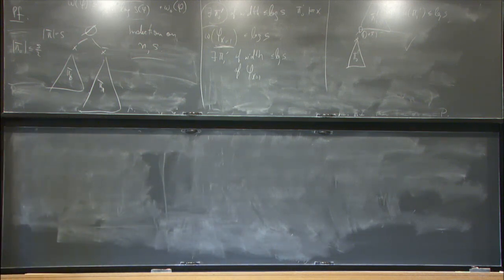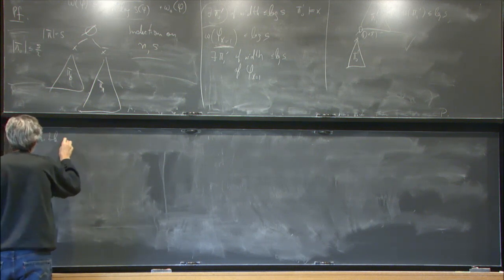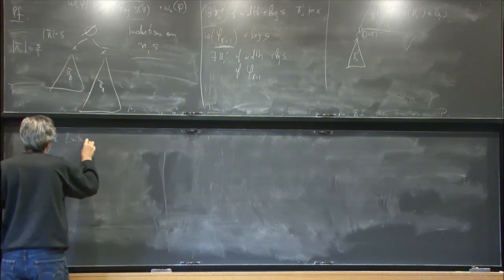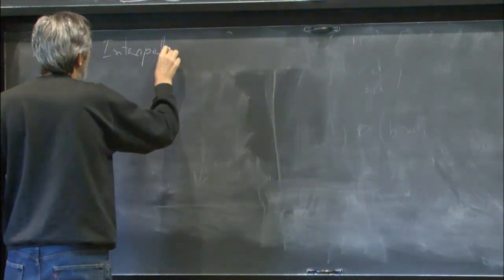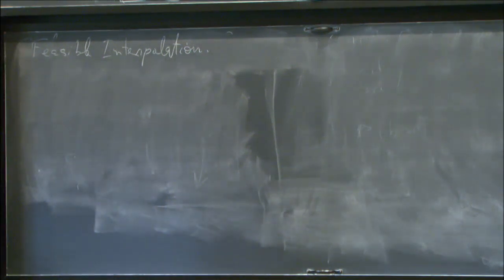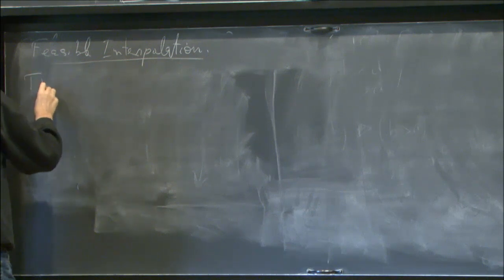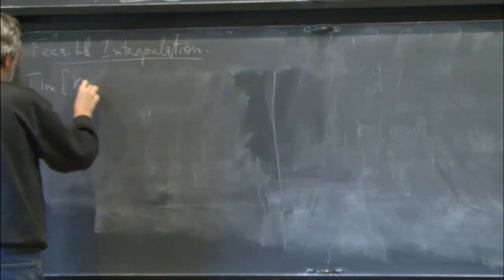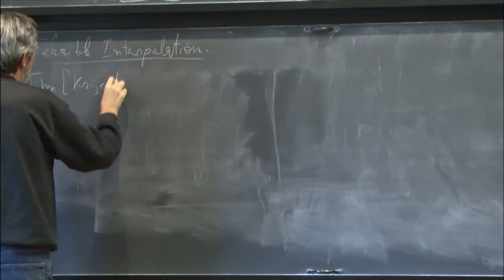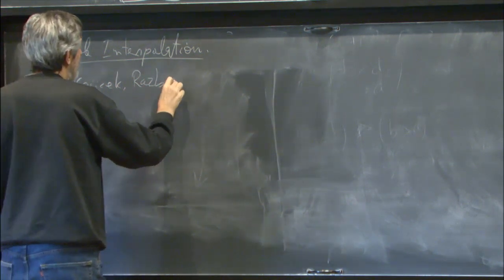Okay, so I want to talk about feasible interpolation. We said that we don't know if resolution is fully automatizable, but it's feasibly interpolable. So the theorem, as I said, of Krajicek and Pudlak, Krajicek and Razborov independently,